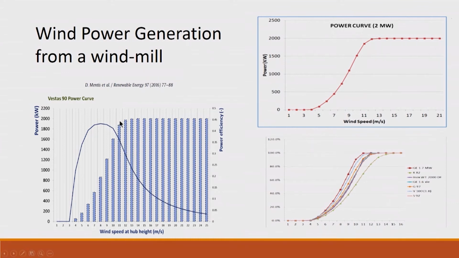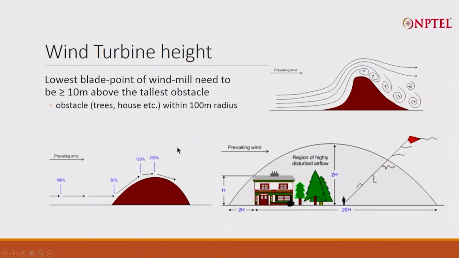Power produced hits close to 2000 kilowatt, 2 megawatt hour at the peak. There are a few other factors which need to be taken into account. What if there is